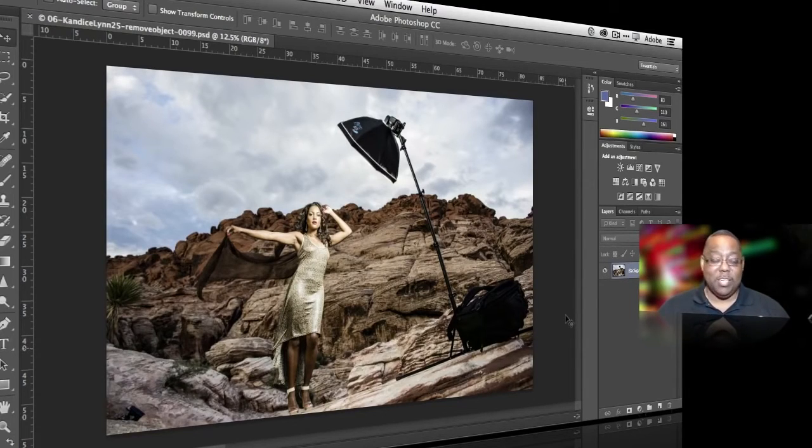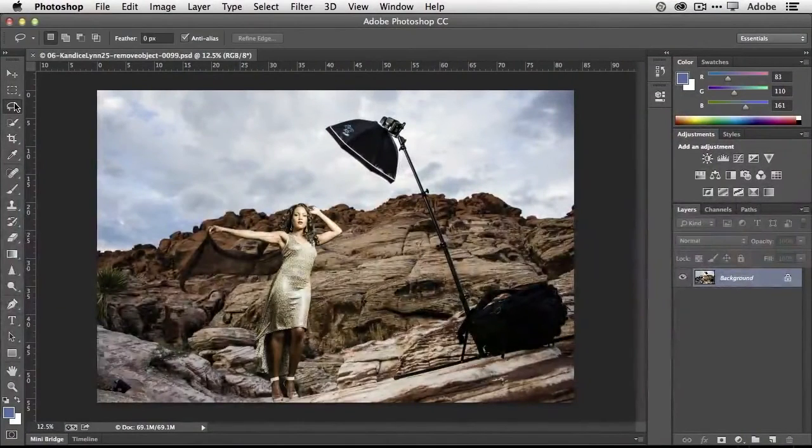So how do I select the light? Well, there are lots of ways to do it. In this case, since I want the light and a little bit of the surrounding area around it, I'm going to use the lasso and do it manually. There are all kinds of selection tools. Photoshop is probably half selection tools of all the tools. But all kinds of selection tools. This time, again, using the stylus, we're just going to go ahead and quickly,